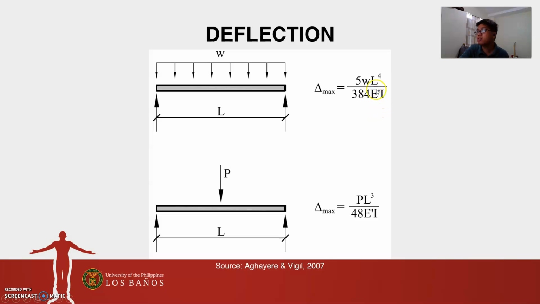E prime stands for the adjusted modulus of elasticity. Not the minimum, not E min, but E. And I would also advise that you memorize these formulas, although our exams and exercises are open notes, because these formulas are so important up to the board exam, and maybe even when you work as a structural engineer, if ever you would choose that. Okay, so this is how we get the maximum